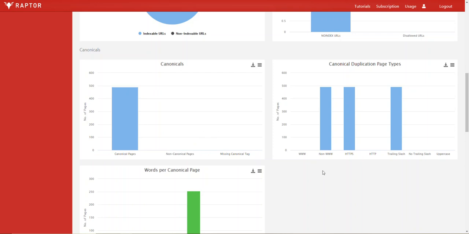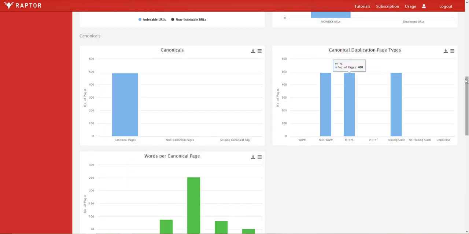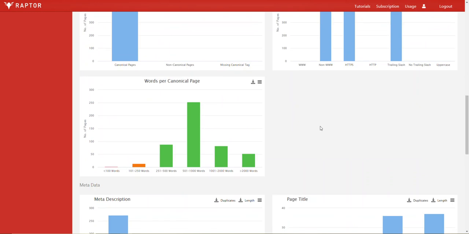We also show canonical duplication types, so if there are pages that are accessed from multiple URLs, such as including and not including the www, HTTP and HTTPS, with and without trailing slash, or with uppercase characters. We'll show that here. We also show the word count for canonical pages, which is particularly useful if you're looking